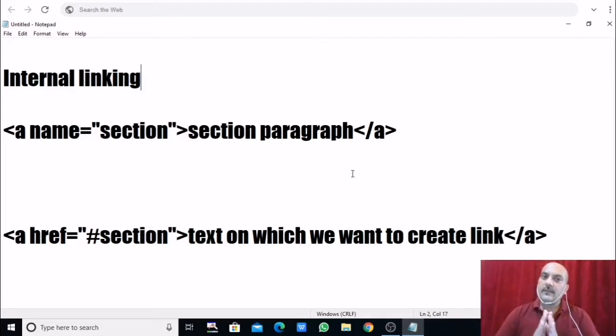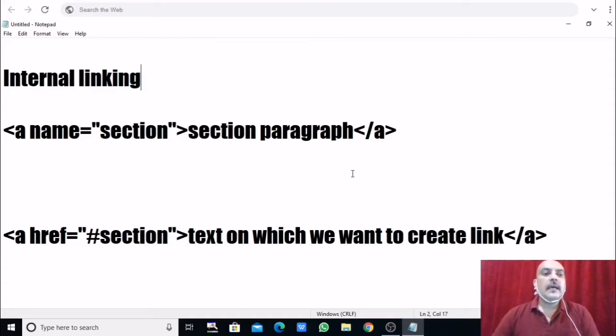So first, with the name attribute we give the name to the specific section, and with the href attribute we call that section by whatever name we have given.